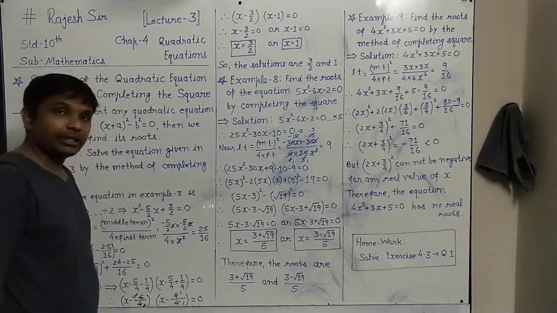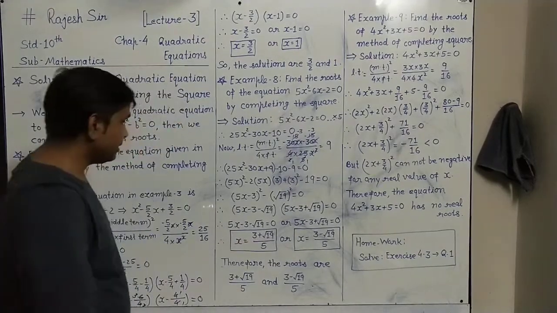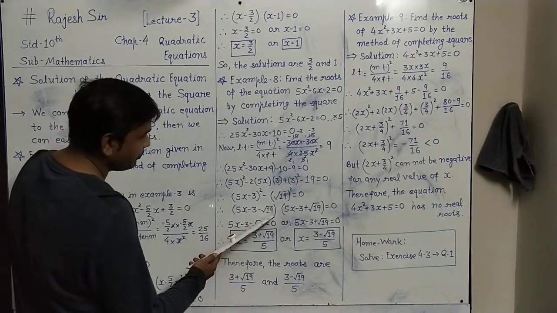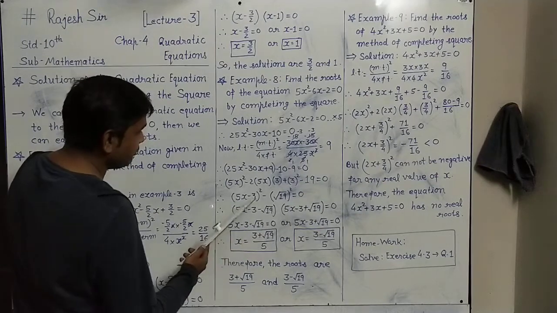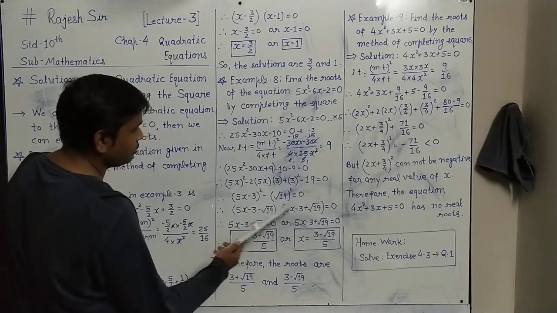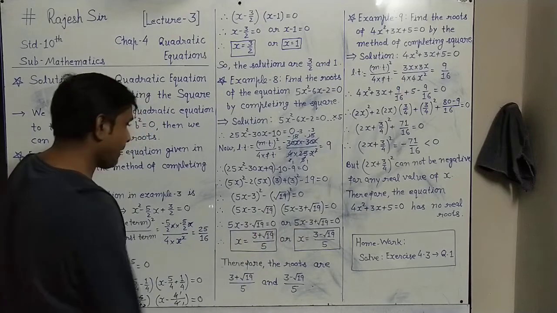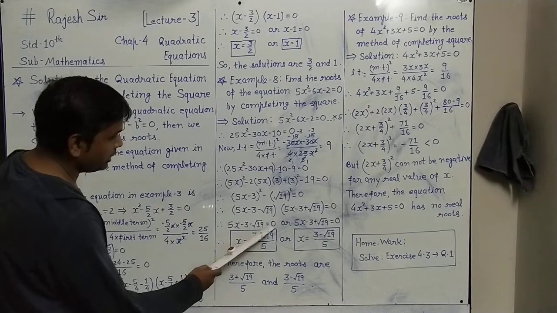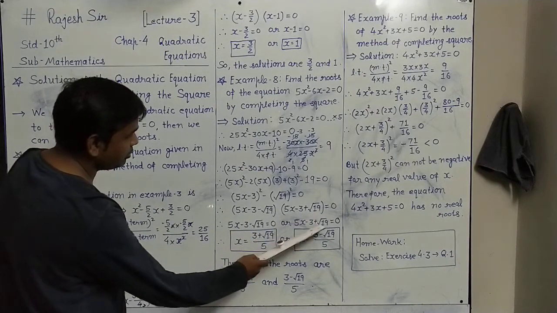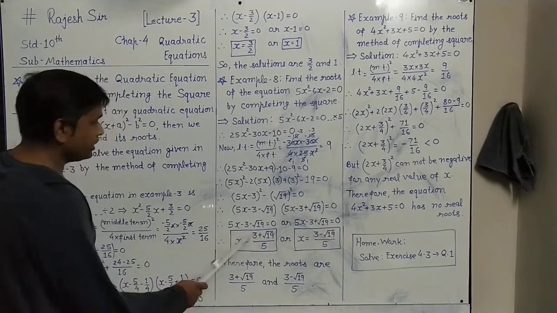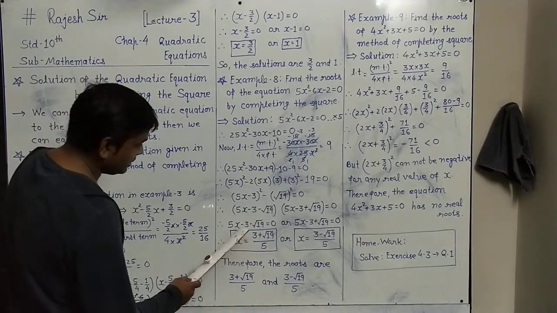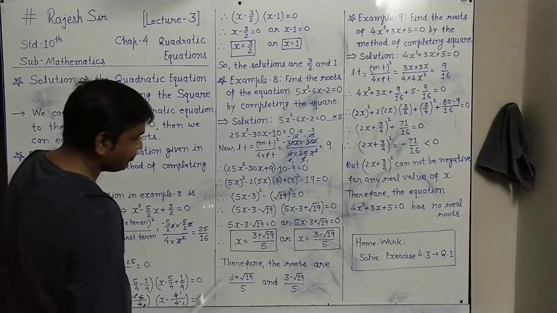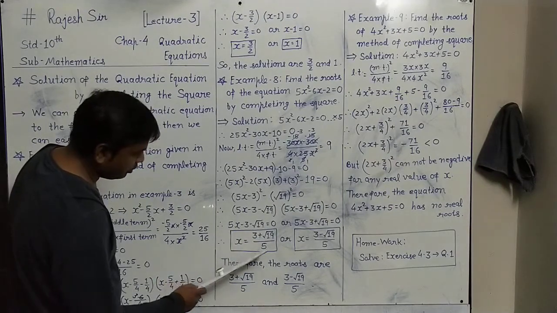For that we have the factors as a minus b plus b, that we have done. Our a is this bracket, that is 5x minus 3, minus b is root 19. In second bracket our a is again 5x minus 3 plus b is root 19 equal to 0. Now both the bracket can equate with the 0, 5x minus 3 minus root 19 equal to 0, or 5x minus 3 plus root 19 equal to 0. So from this part the x equals to minus 3 and minus root 19 if I take on the right side, it will be plus 3 and plus root 19, and this 5 multiplied part will go down.